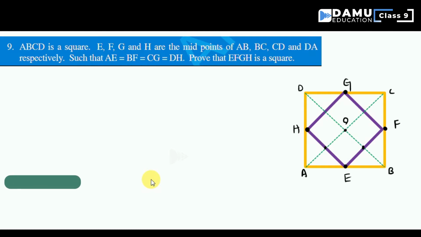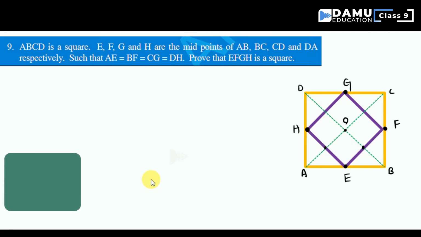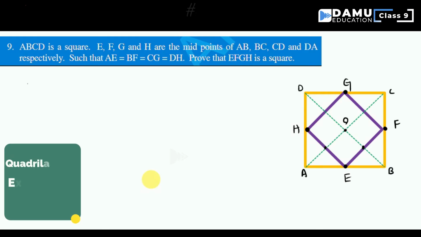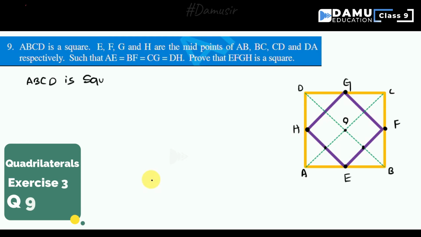So in this video, we are going to discuss our ninth question. It is given that ABCD is a square. Whatever the given conditions are, write them first. So ABCD is a square. Then E, F, G, H are the midpoints of